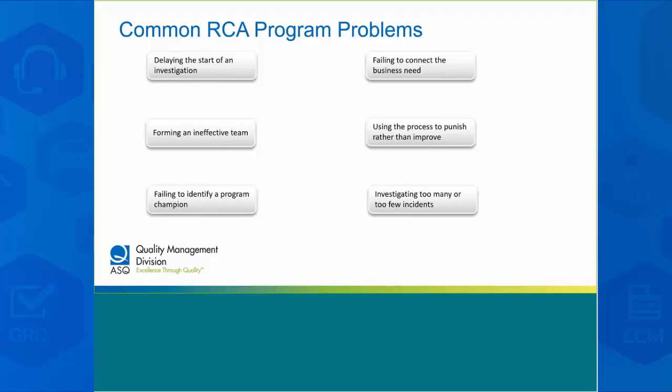The next one, investigating too many or too few incidents, okay? Obviously, if you don't investigate things that you need, you're missing a great opportunity to learn. But you can't investigate everything. It takes too much time, it takes too much money, and really there shouldn't be that much opportunity to learn from a lot of events that have